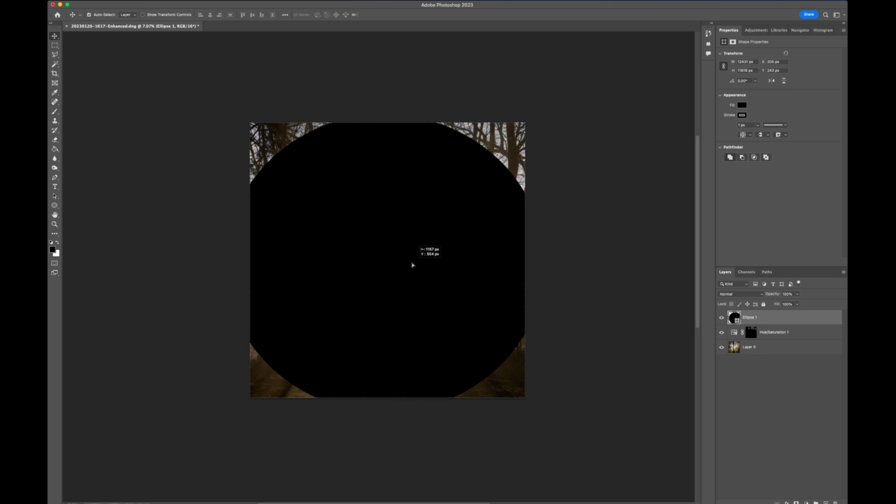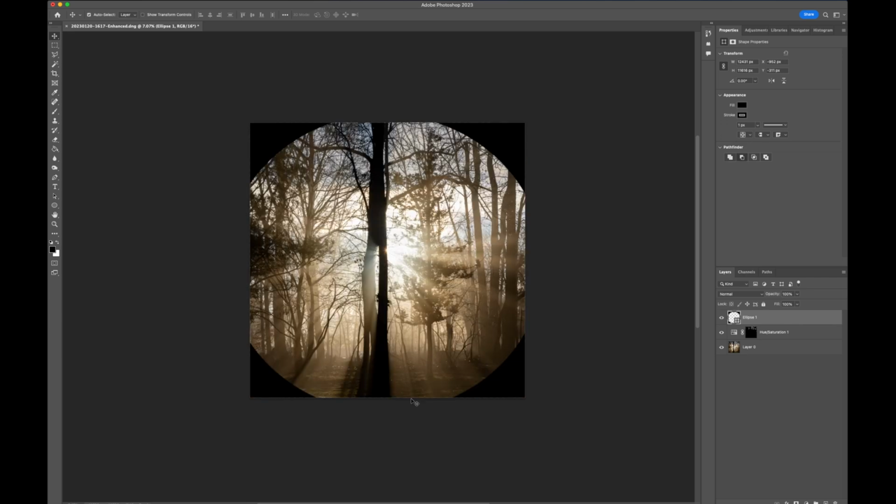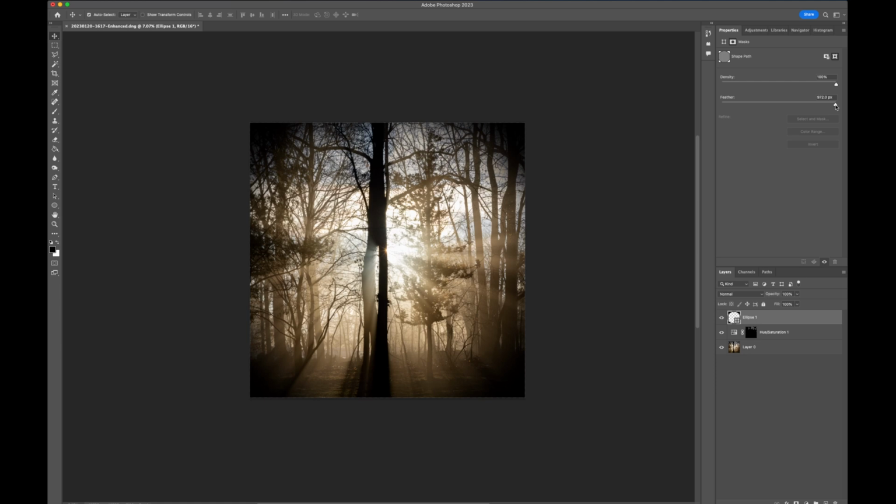Once we've gotten that in place where we want it, because I want to darken out these areas to create that vignette, we come up to our Pathfinder in the properties for this, and we select the second option here, which subtracts that shape from the scene instead of adding it. Once we've got this set, we can come into our shape properties. The big feature that I use here is the feather tool, because when you feather this up real high, it feathers that shape, and that will add softness to the transition coming in.